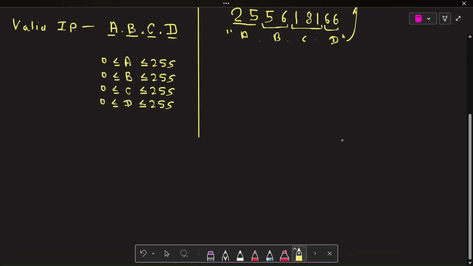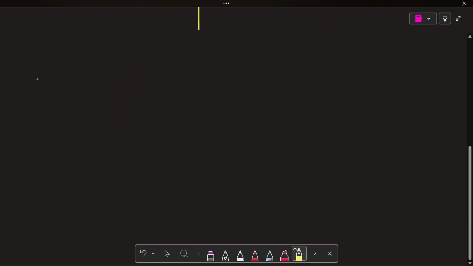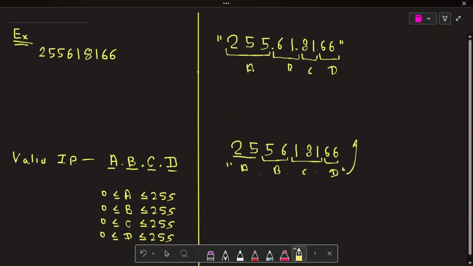So how are we going to solve this problem? First, we know that each partition has a maximum length of 3, like 123. We can also choose it in another way.